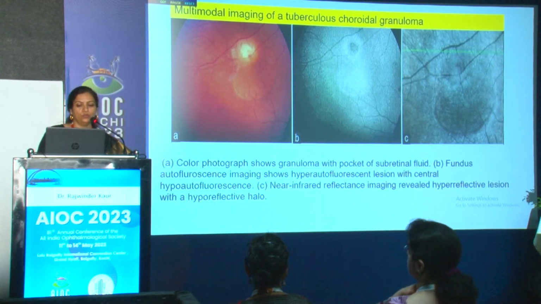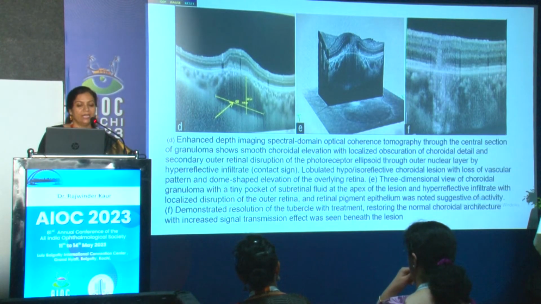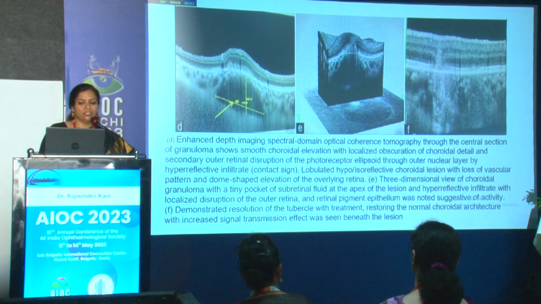The color photograph showed the granuloma with a pocket of subretinal fluid. Fundus autofluorescence imaging shows a hyperautofluorescent lesion with central hypoautofluorescence. Near infrared reflectance revealed a hyperreflective lesion with a hyperreflective halo. The enhanced depth imaging SD-OCT through the central lesion of the granuloma shows smooth choroidal elevation with localized obscuration of the choroidal detail and secondary outer retinal disruption of the photoreceptor ellipsoid layer through the